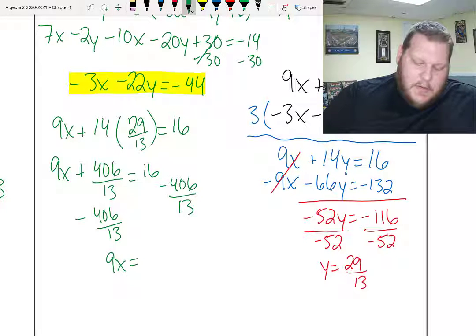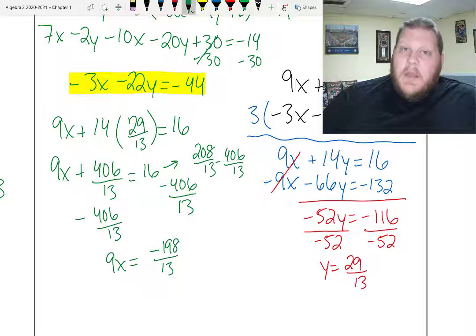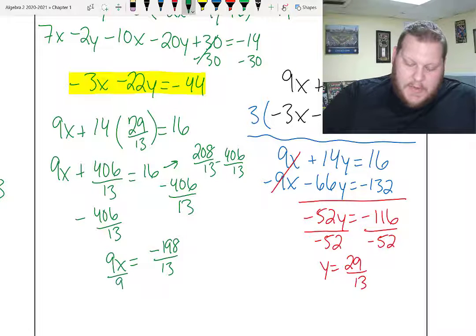9x equals, let's see, so 16, I'm just going to do some scratch work over here. 16 would be 208 thirteenths. So minus my 406 thirteenths would be negative 198 thirteenths. So then when I divide by 9 on both sides,